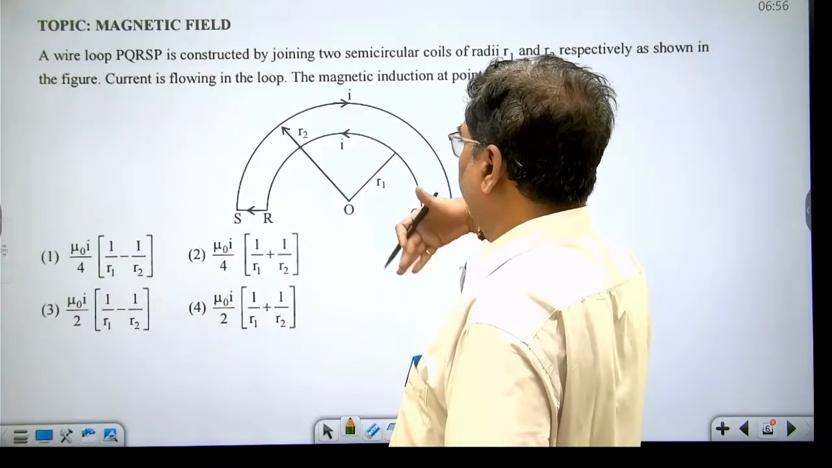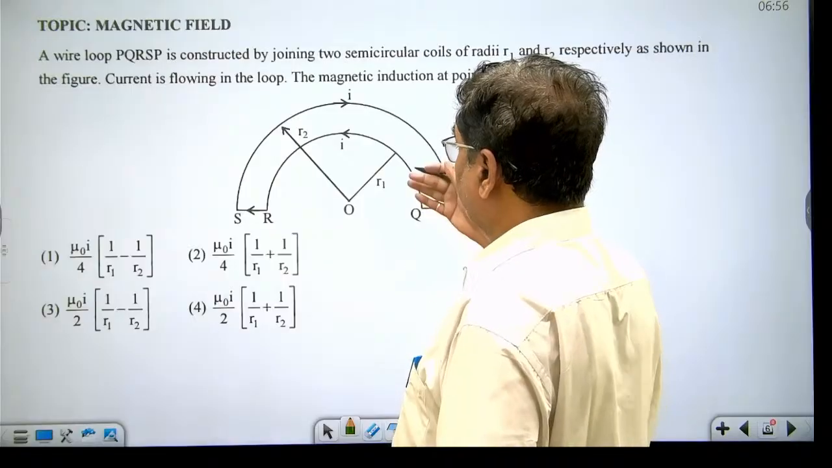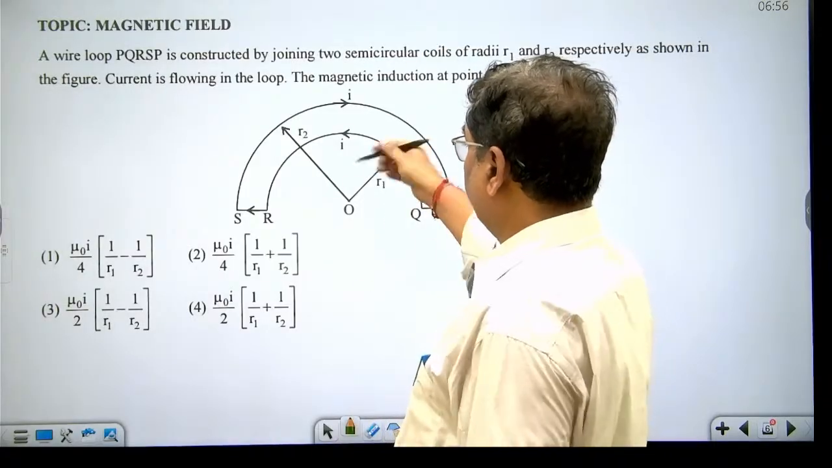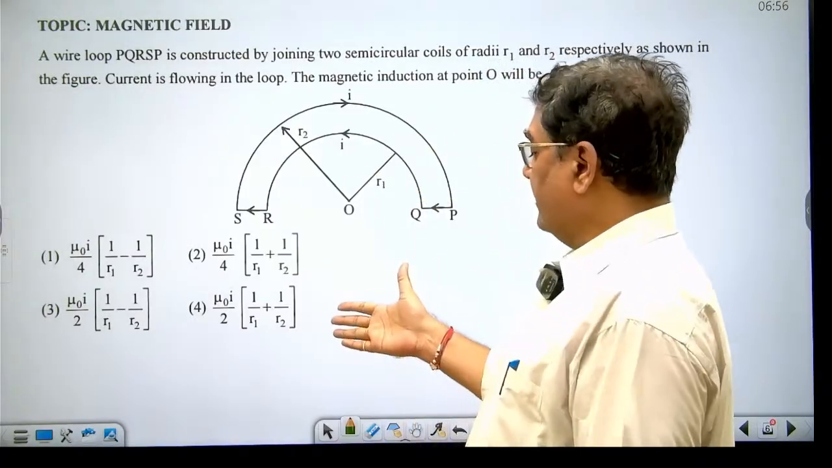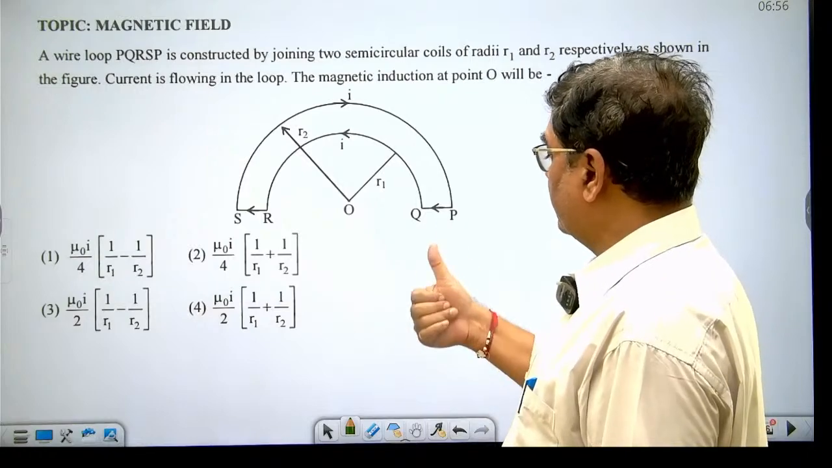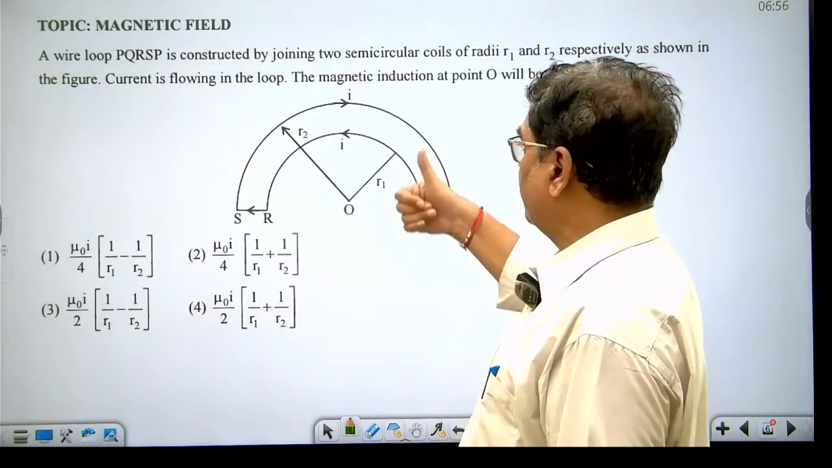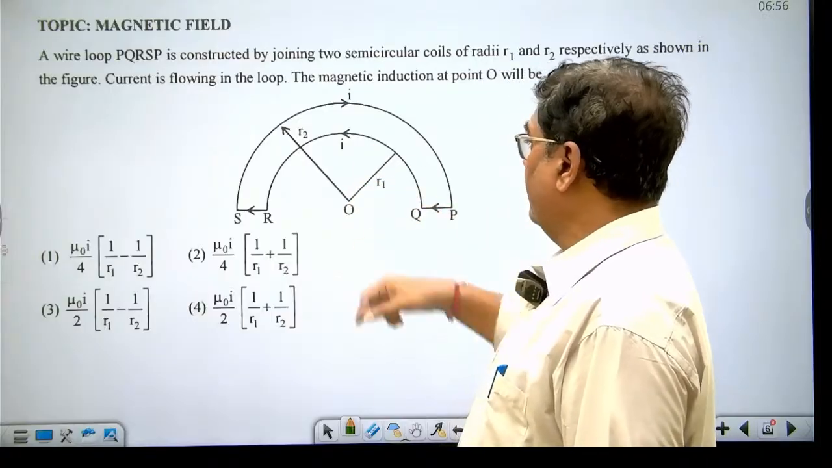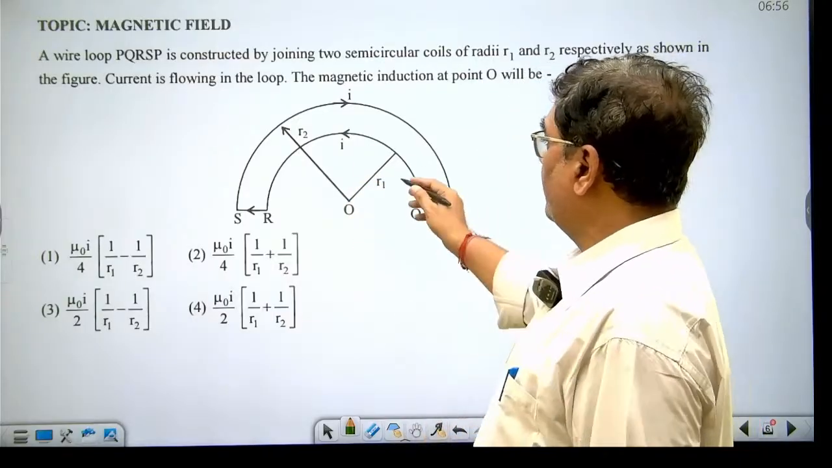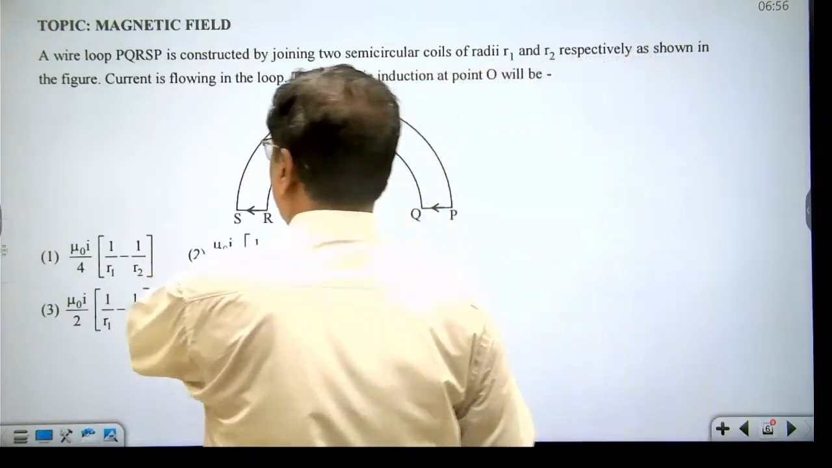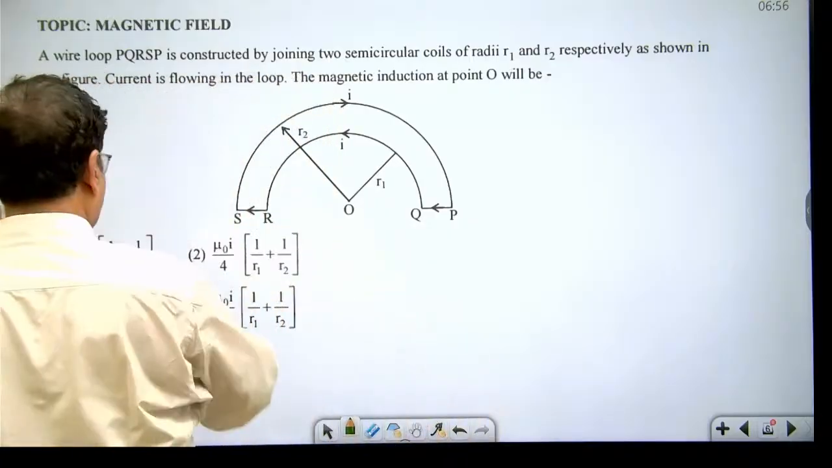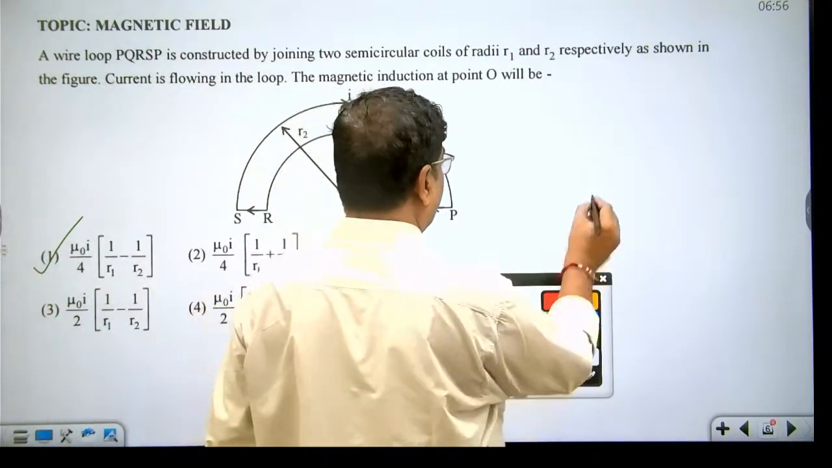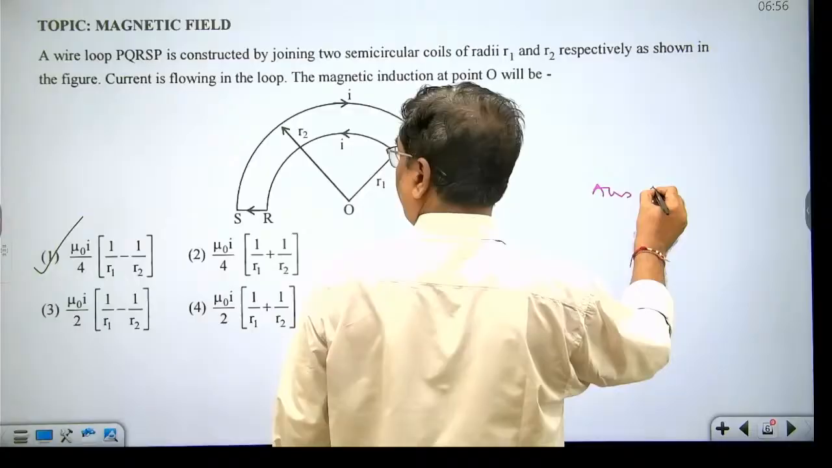In the case of a semicircular wire, curl the right hand fingers in the direction of current. If the current is flowing in the anti-clockwise direction, the magnetic field will be perpendicular to the plane of paper, so the magnetic field will be outward. And how much will be the magnetic field? Mu 0 I upon 4, times 1 upon R1 minus 1 upon R2. This will be the answer. So out of four choices, the correct answer is option 1,